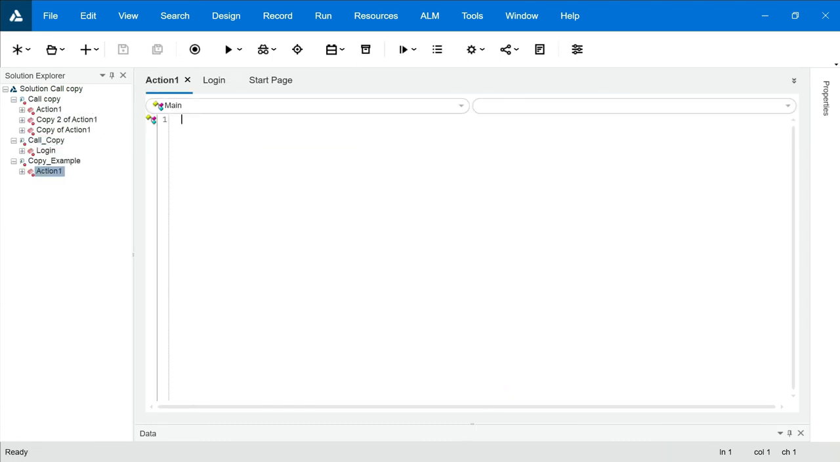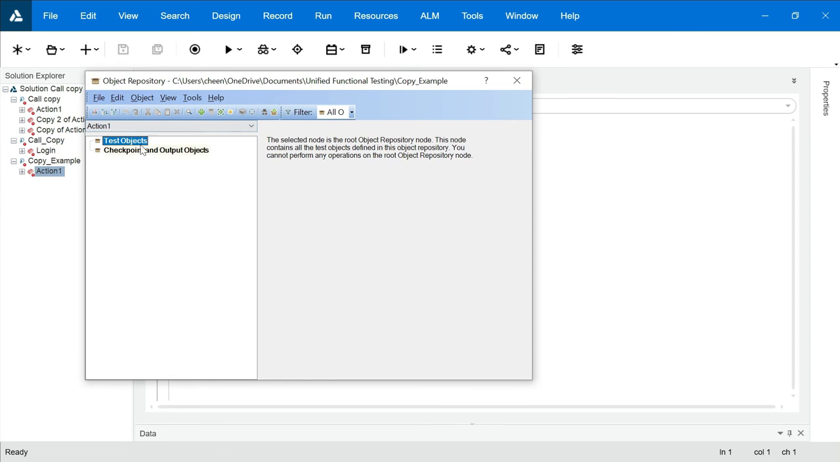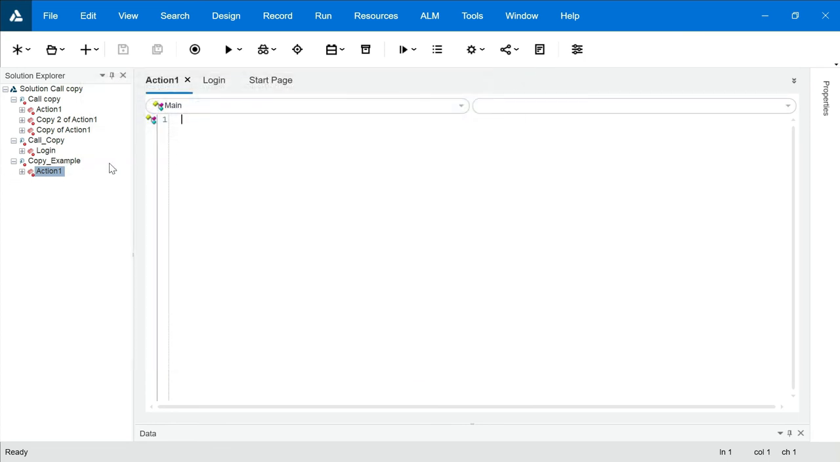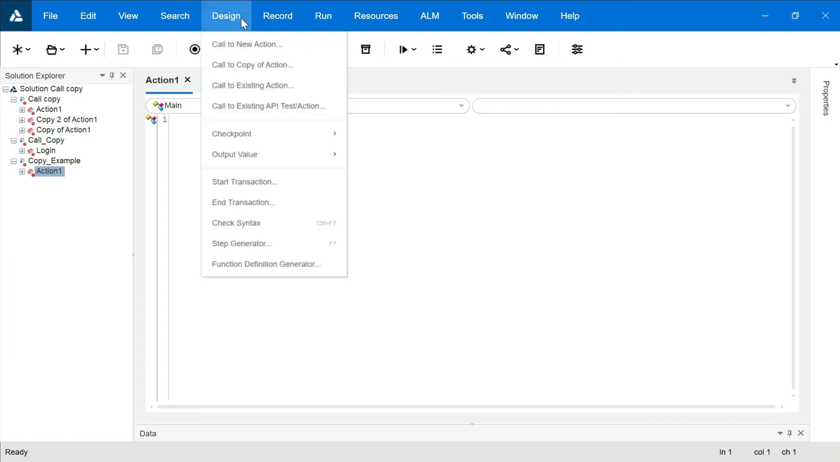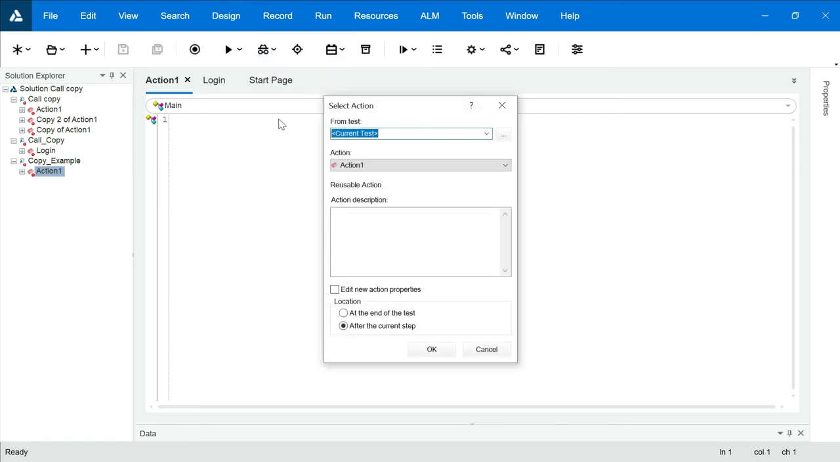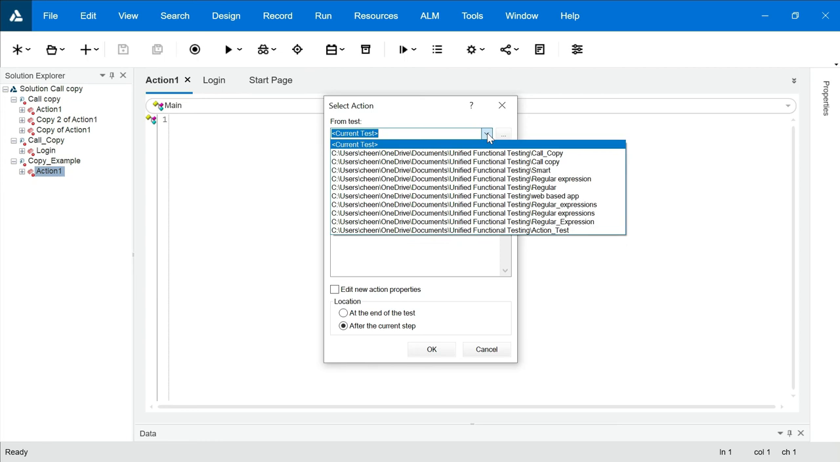Now this is my empty action. That means there is no recording in it and no object in the object repository for this. So first of all, I'm going to check my repository. Look at this, I don't have any objects in my repository. So what I'm going to do is call the action which I've just recorded. I'll go to design, call to copy of action. I'll click on that. You will get one dialog box. I'll scroll it down and here